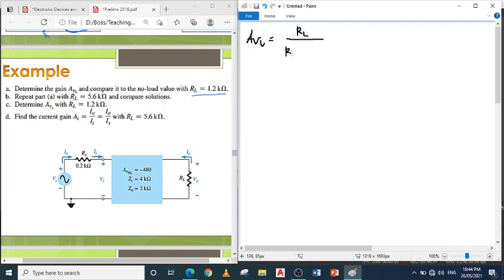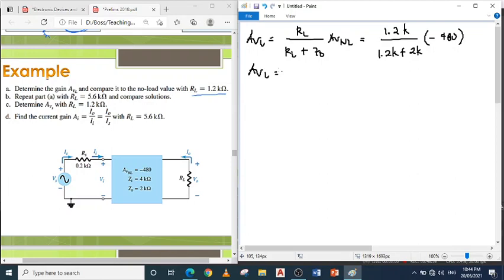RL over RL plus ZO, okay? Times AVNL equal to, anong RL natin? If RL is 1.2 daw, 1.2 kilo over 1.2 kilo plus, so RO or ZO is 2 kilo times negative 480. So, ang AVL natin is equal to, compute natin,